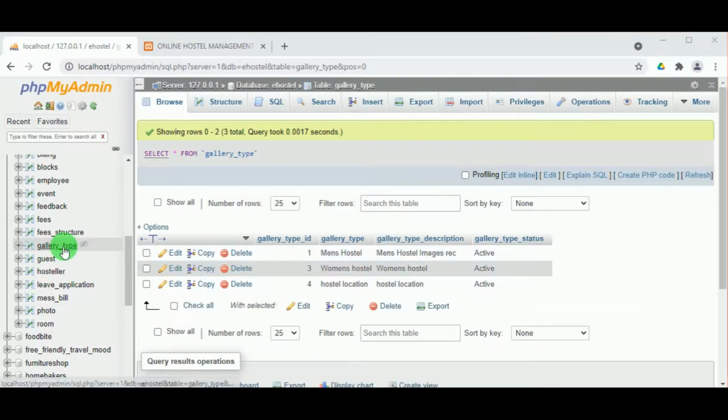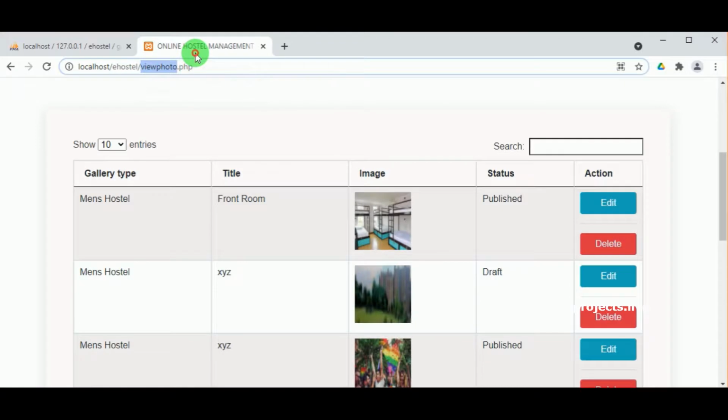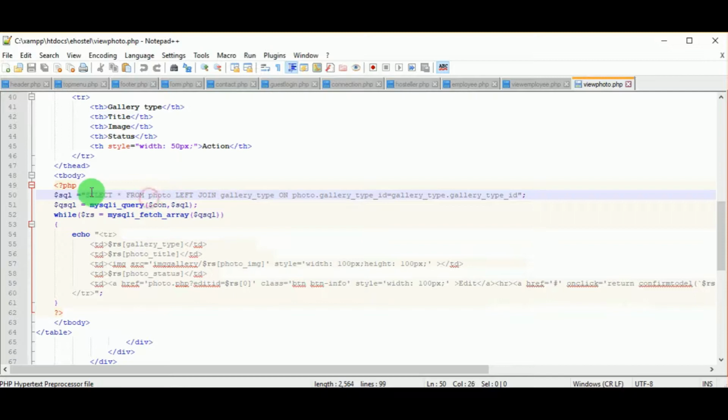In the gallery type table, you have gallery type id, gallery type description and gallery type status. These are the fields here, and among these, gallery type is displayed in the view photo. After displaying the gallery type, the title and the photo image are displayed. So this query works as follows: select star. Star means select all the records from the database and from the table photo.